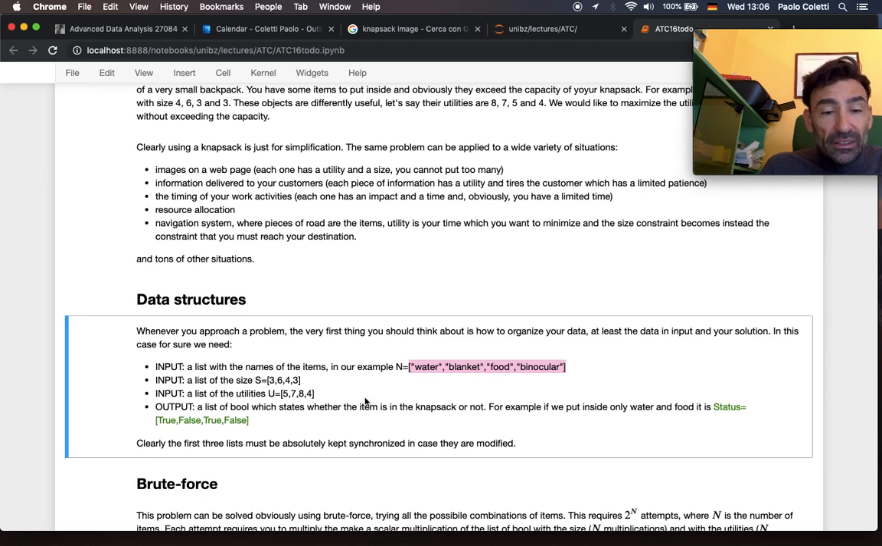For example, if you take blanket and food, you have already 10 of size. It's pointless to examine what happens taking blanket, food and something else, because you exceed the capacity, full stop. Okay, so several situations it's silly to go on examining. So we must find a way to cut. It's technically called prune. If you walk in the garden, you know the meaning of pruning. You prune the branches. So cut some branches which lead to things which are suboptimal, or things which